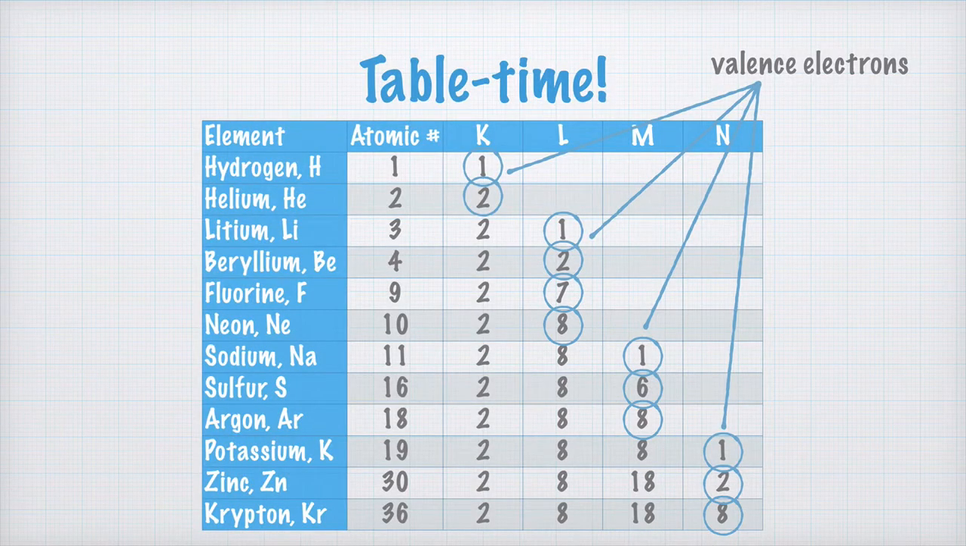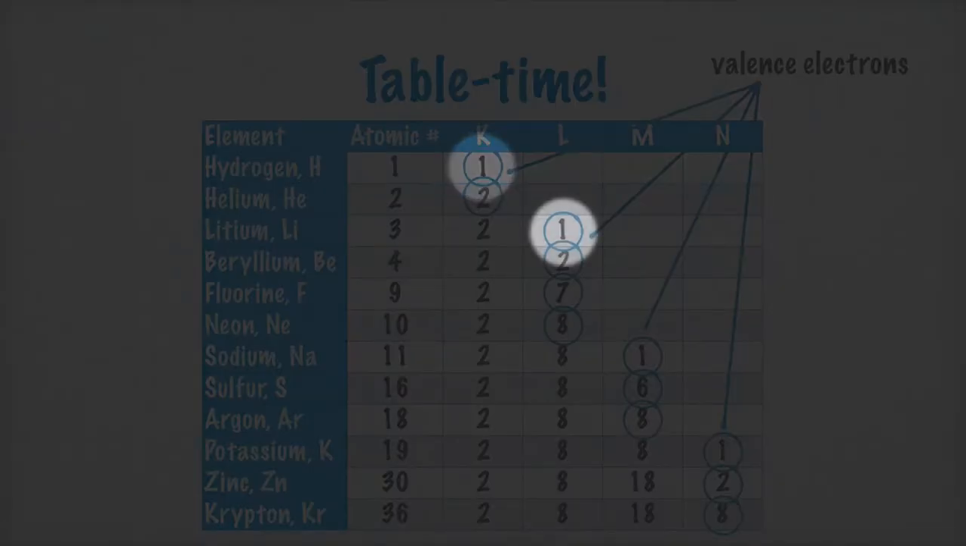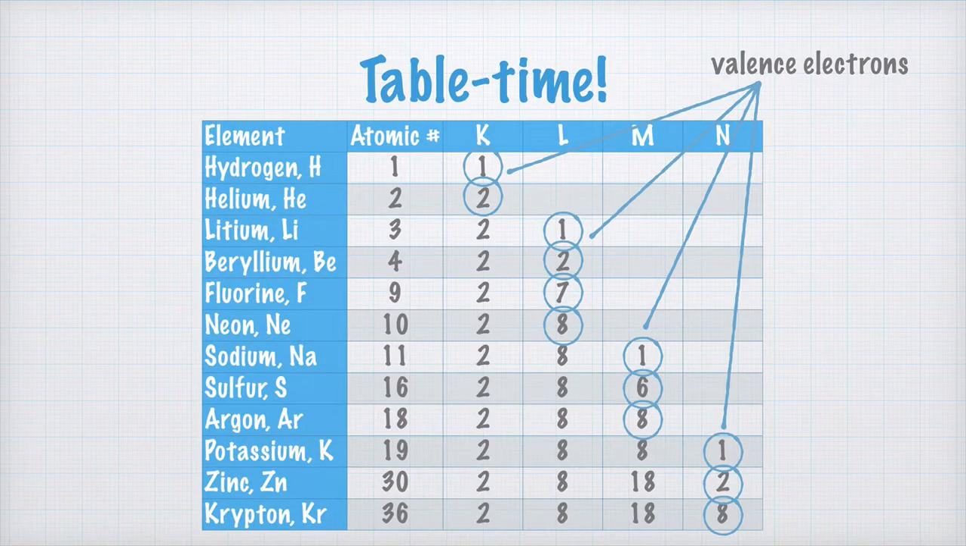You can also see that some of the elements we listed in the table have the same number of valence electrons. Here we have, for example, hydrogen, lithium, sodium, and potassium, all of which have a single valence electron. Therefore, they also have properties that are similar to each other, which is why they are all in group 1